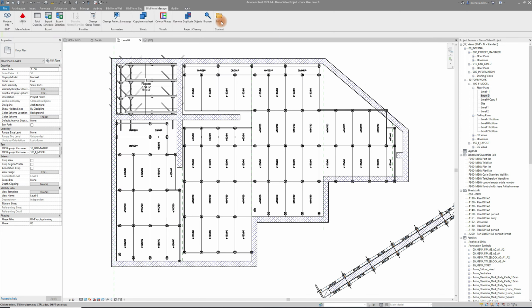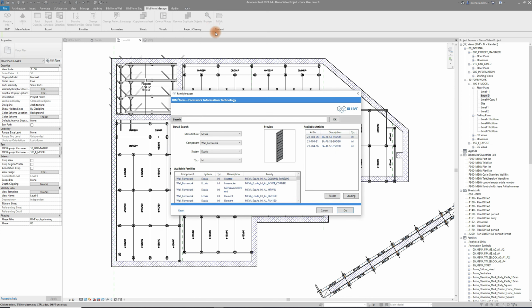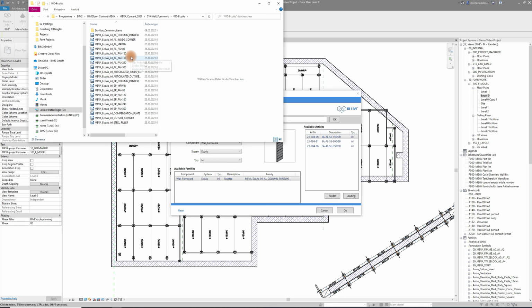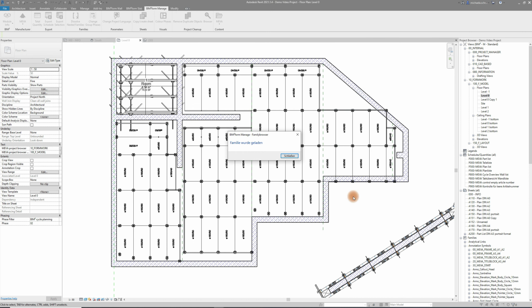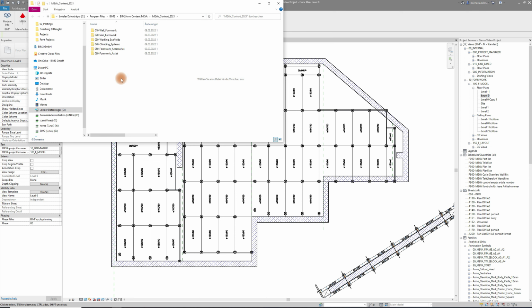Our latest feature is our family browser, which makes searching for certain parts a lot easier than wandering through the content folders until you find the family you're looking for. You always have this preview window to make sure you've selected the right item, and you can break your search down with these drop-down selections or search by item number or name. When you've found the right item, you could still access the direct path where the content lies and load them directly into the project. It says that it was successful. But of course, there's still the option to access the content folders of a manufacturer directly.